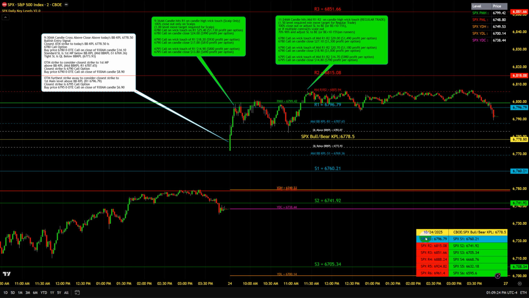Okay, so as you can see here, we have this table here. You're not seeing some of these other levels here because we have zoomed in to the R3 level, to the S3 level, so we could also see this YDL level here. And usually when you're using this indicator, as explained in one of the other videos that's also in the description about how to set up your display at the beginning of a session, you usually want to zoom in on either the R3 through S3 or R2 through S2 levels at the beginning of a session,